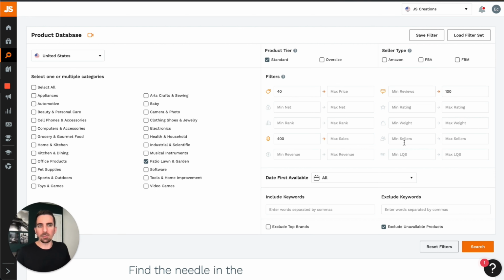If you're looking to private label, then you don't even need to worry about that. And then lastly, the listing quality score is one of the scores that is pretty interesting at Jungle Scout. It goes from 1 to 10, with 1 being the worst score and 10 being the best score. And what you could do is you could look for products that have a maximum listing quality score of like 6 or 7. Now, Jungle Scout is the one who assigns this to every listing in their database, and they